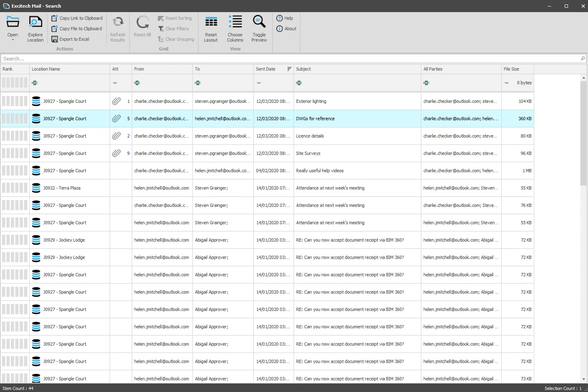Excitech search is not only very fast and powerful, it can also work completely offline. So everything that I'm about to show you can be done whilst you're disconnected from your office and indeed the internet. So a typical thing that you might want to do is you come in here and you're thinking, well,